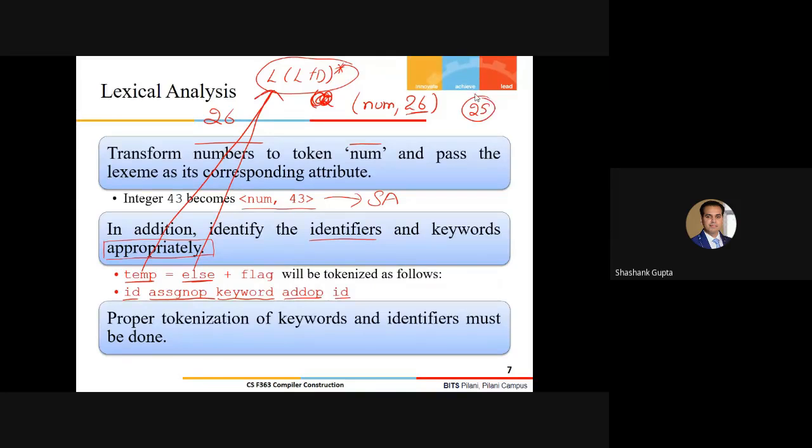Whenever something matches this particular pattern, before calling it an identifier, I'll match that lexeme with the list of already reserved words. If it matches, I'll say it is a keyword, else I'll say it is an identifier. Like this guy has said.